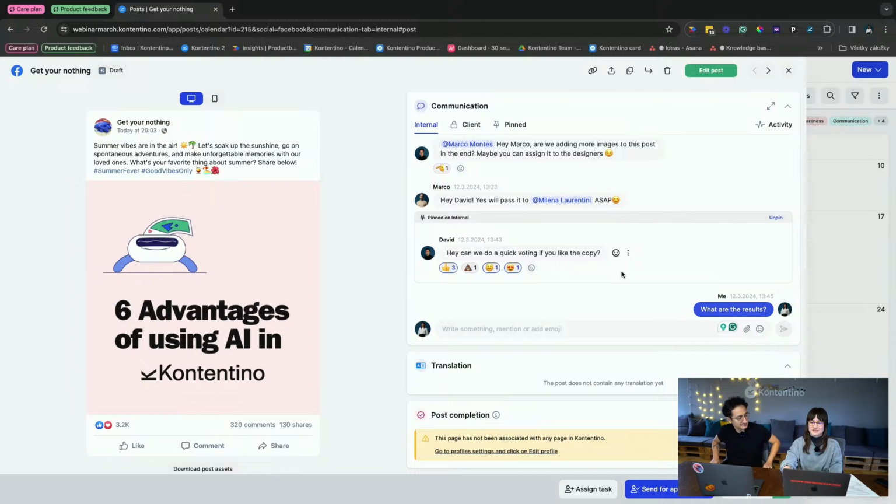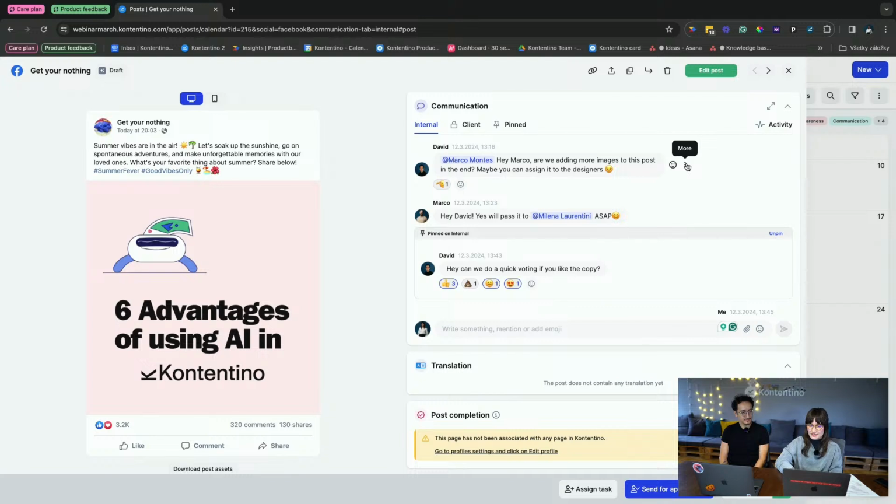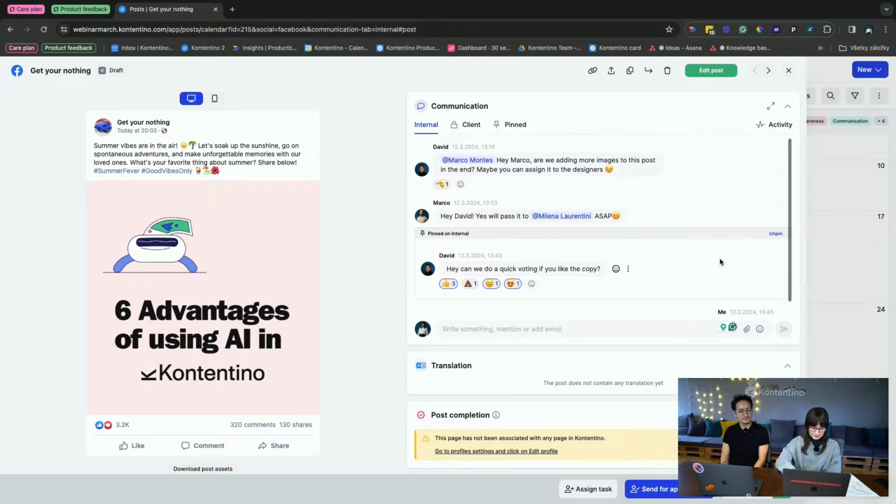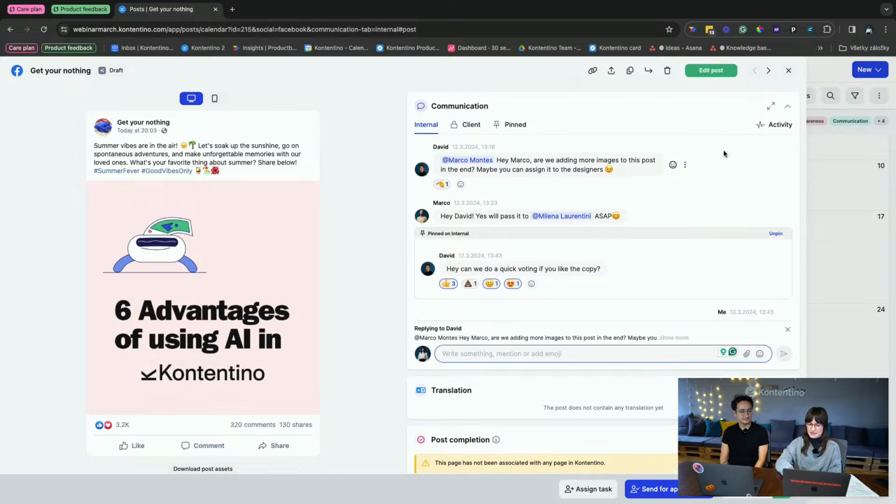Another great feature is the More menu, or the expanded menu, which you can discover when you click on the three dots next to each comment. So there are basically two ways of how you can use it. You can either go to a comment of your colleague and open it, or you can also use it with your own comment, and this gives you a set of even more options. So yeah, if you want to use it with another user's comment, it gives you the options to either reply to a specific comment, as you can see here,